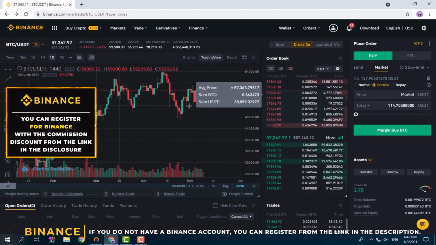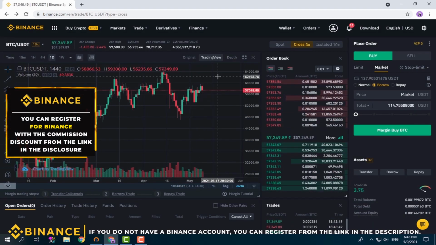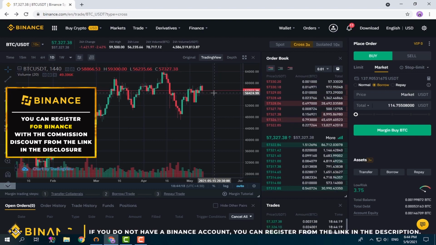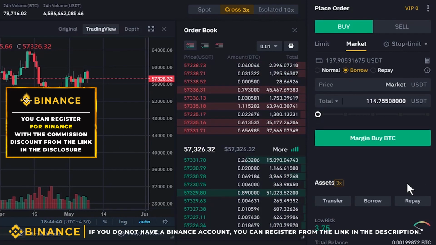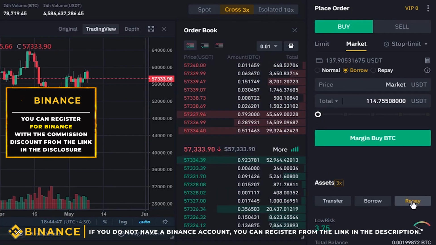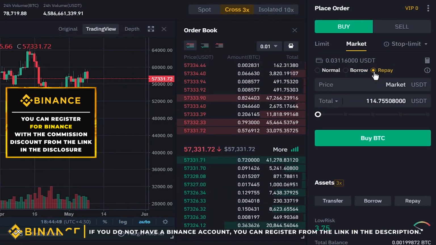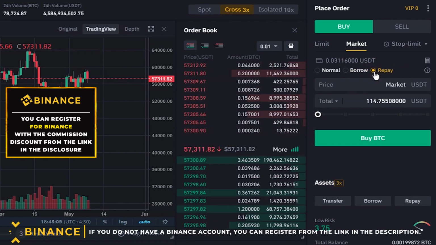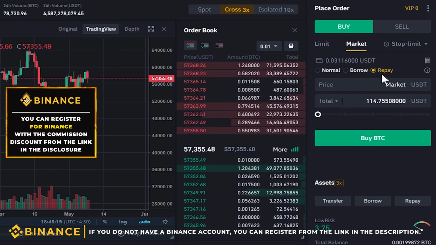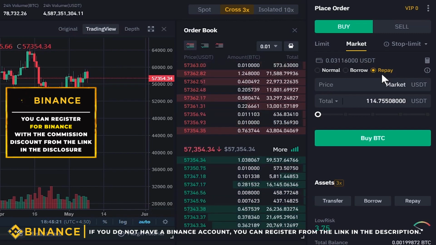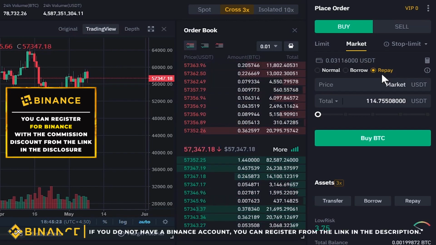Now consider that the price advanced to our expected target and we want to sell our Bitcoin and repay our debt. One way is just like the previous example, selling our Bitcoin in normal way and then repaying our debt by the help of repay button here. But easier way is using repay option to automatically repay our debt. When we sell our BTC and receive USDT, the USDT is used to repay our debt on USDT,